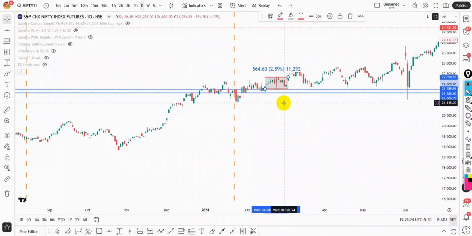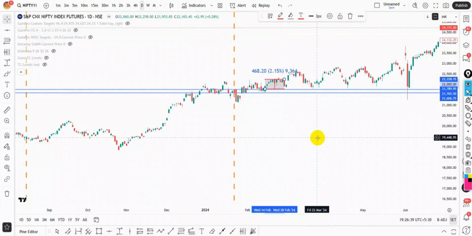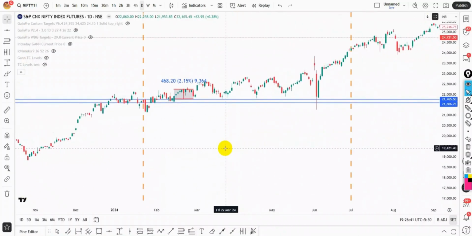If you can wait, you can wait and take a trade. Or if you're an intraday trader, you can use the 15-minute high low to take a trade and exit the same day. If you're a positional trader, you can keep it for 3-4 days. Definitely you would have made good money in this, right? So this is the advantage of using